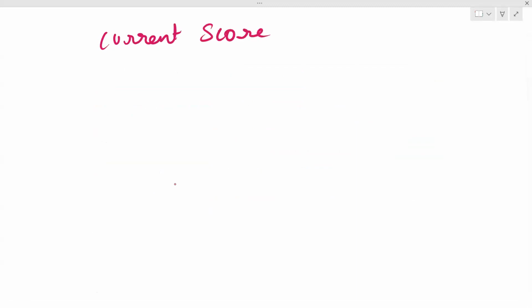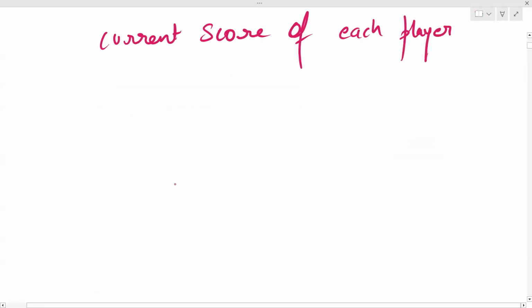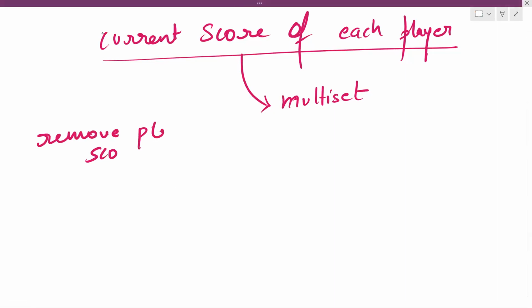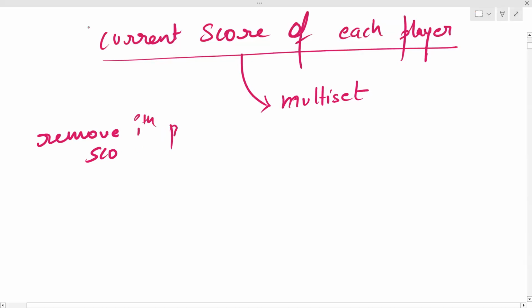See, first of all, we can find the current score of each player. You can do this any way, but one of the ways to do this is to insert all of these in your multiset. Why? Because when we are finding for each player how many more problems they need to solve, first of all we can remove the ith player's score from this multiset,